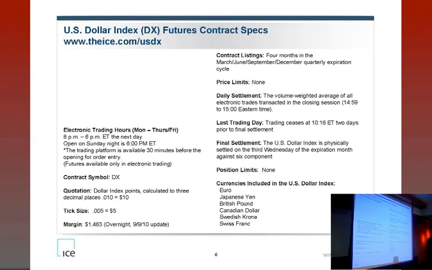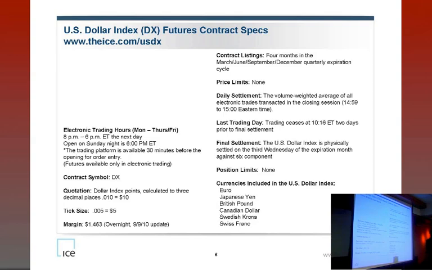It is traded exactly like the currencies at the CME, same delivery date, same expiration dates, all that kind of stuff. Quarterly contracts, so March, June, Sep, Dec. There are no daily price limits. It's a $5 tick, and most of the time, it's a half a tick market all day long. So it's 75 and a half to 76, things like that. Let's see, the overnight margin is $1,400. That's since September 9th. It changes a lot. The currencies that are in the index: Euro, Yen, British Pound, Canadian Dollar, Swedish Krona, and Swiss Franc.